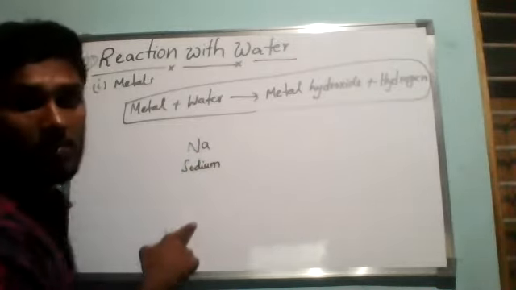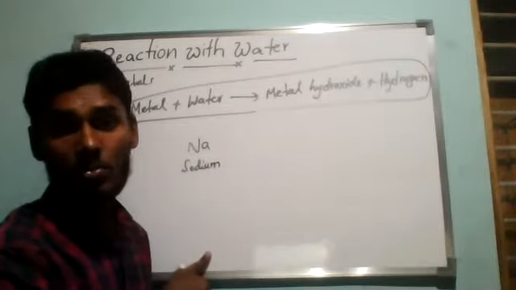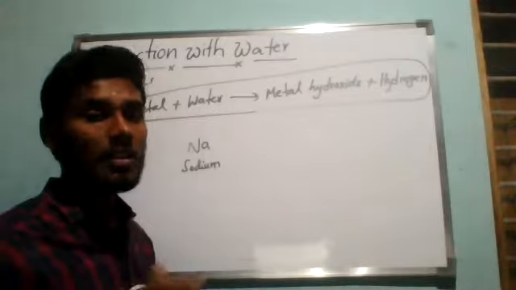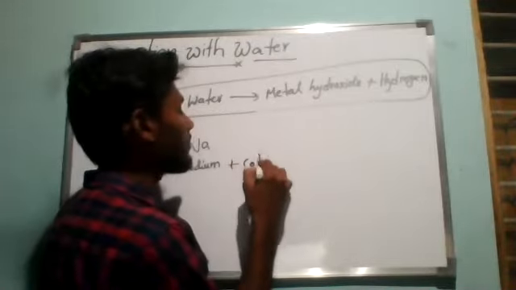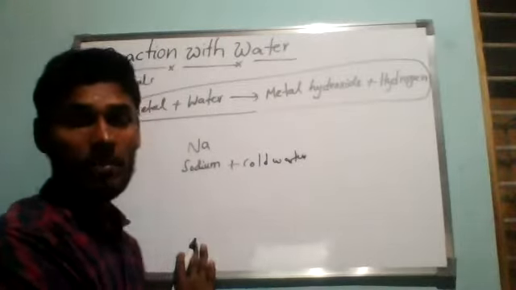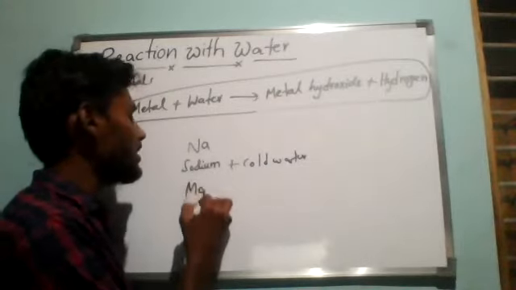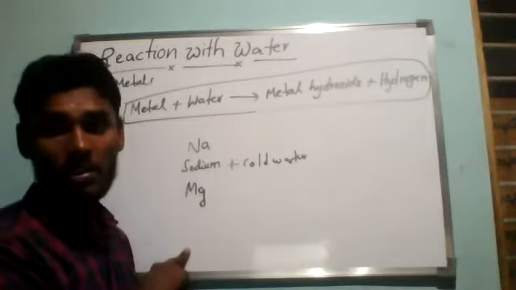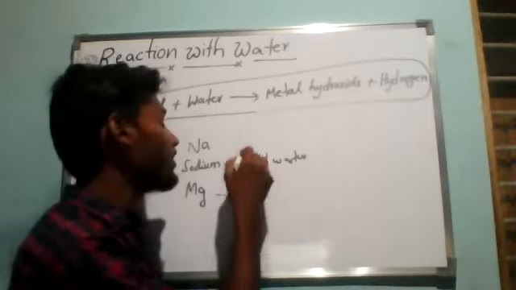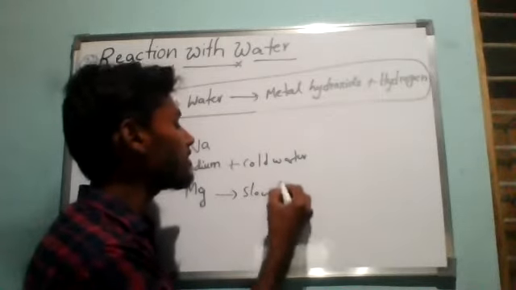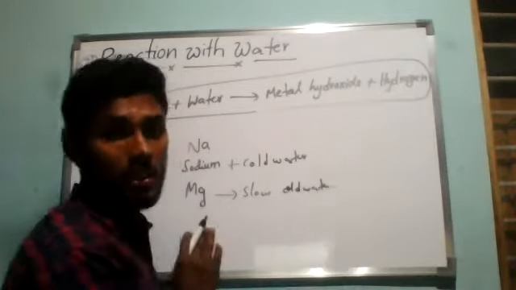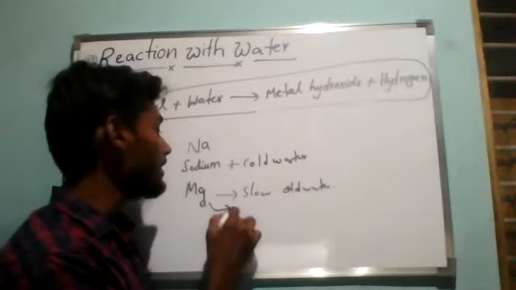So if we take sodium metal, sodium is a very reactive metal, therefore it reacts very violently. Even with cold water itself, a reaction will take place. Like that, if we take magnesium, Mg, magnesium is comparatively less reactive. It reacts slowly with cold water, but it reacts very rapidly